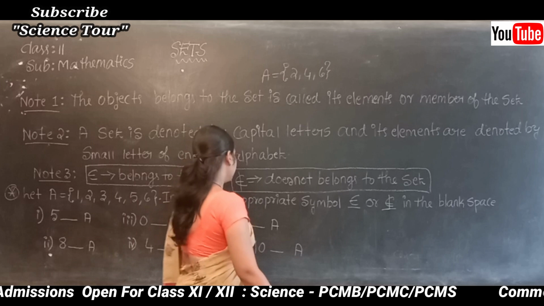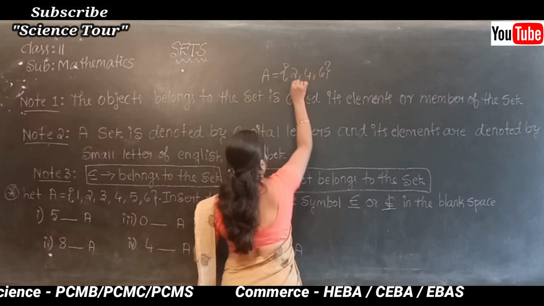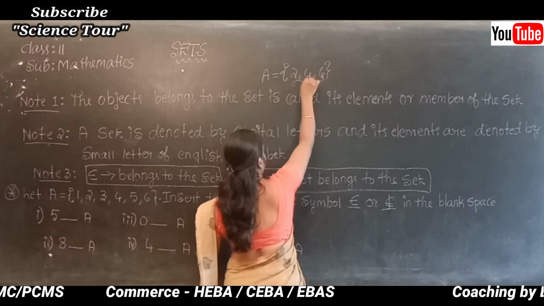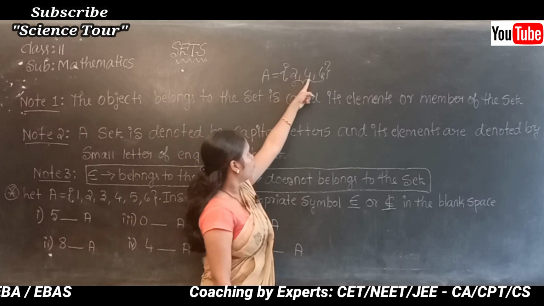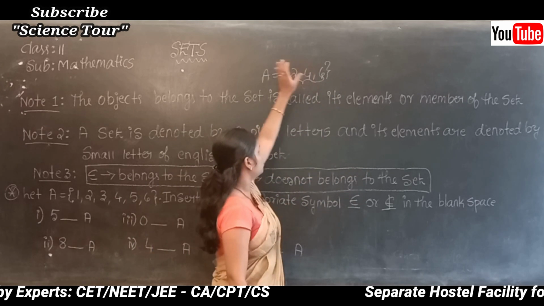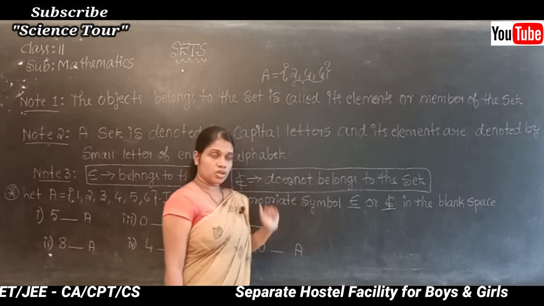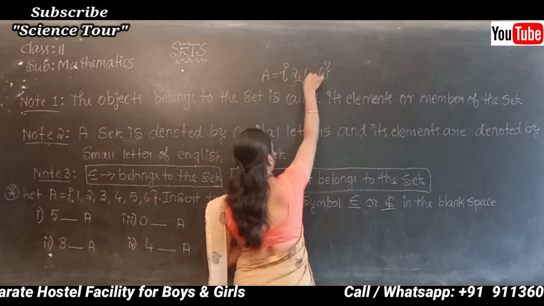Okay, see here, 2, 4, 6. These are the numbers which belong to the set A, isn't it? Yes. Here 2, 4, 6, these are the 3 numbers which belong to the set A. So therefore these numbers are known as